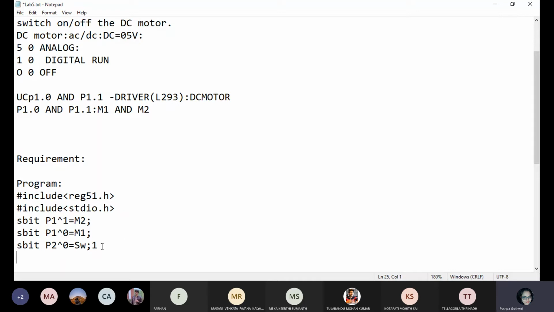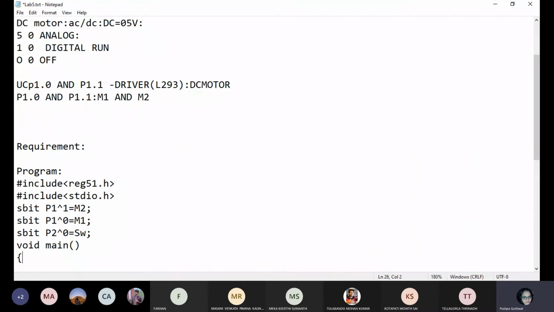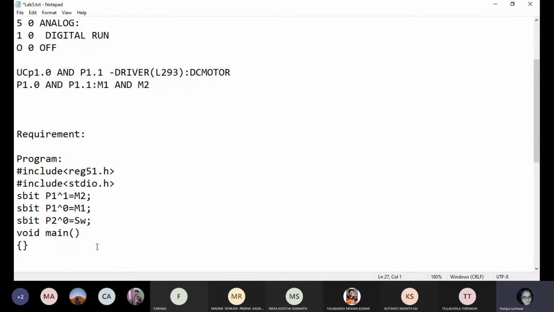Now what is the next step? What do I have to do next? Void main. Yeah, we have to put void main, then curly braces. Now what code do I have to write here? The condition is: if switch equals 1, then the motor should be on, otherwise the motor should be off. First I have to define the switch as an input equal to 1.